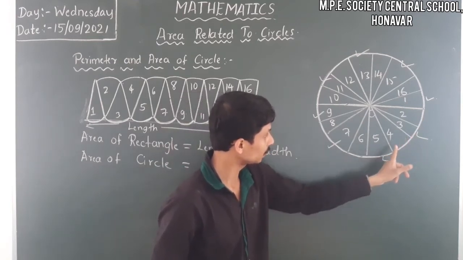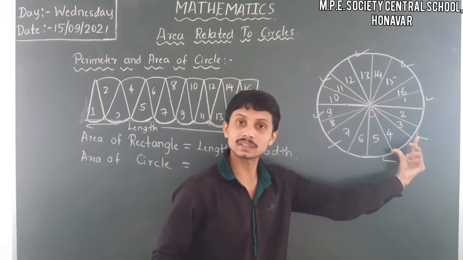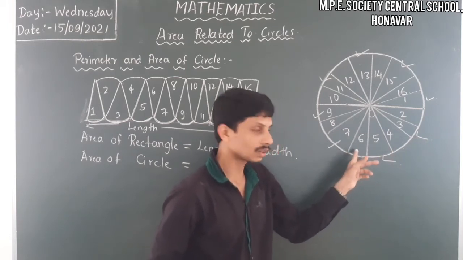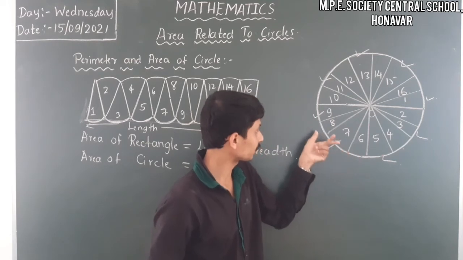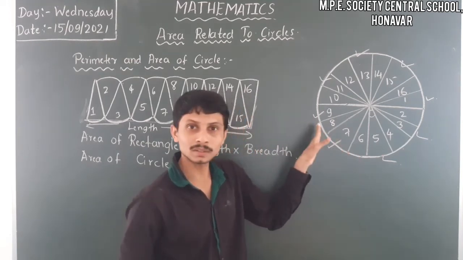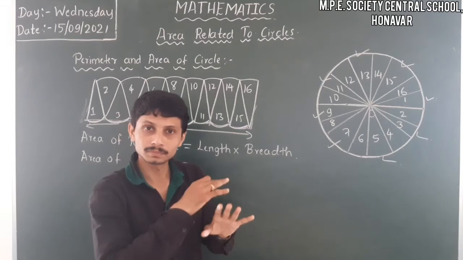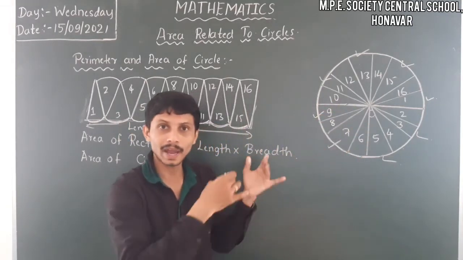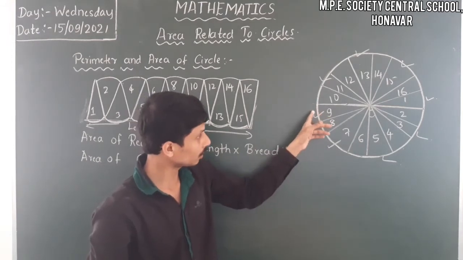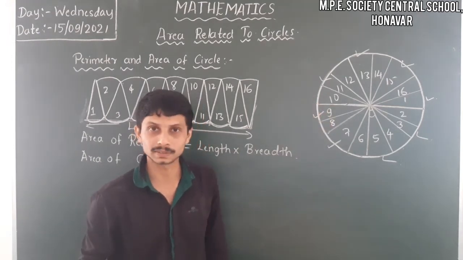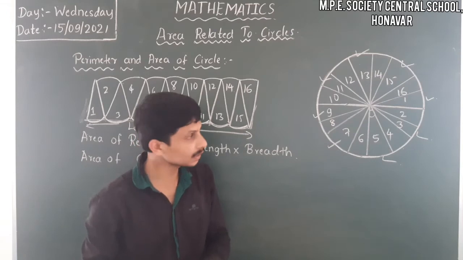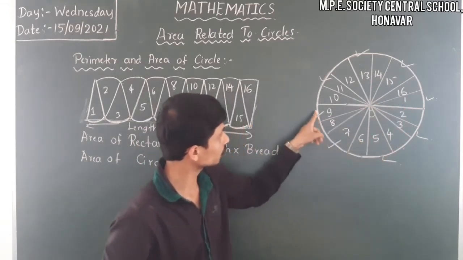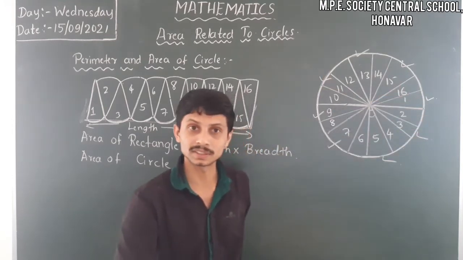That is, one after the other we considered. Just observe, after 3 we leave the 4 and then we took 5, and then we did not take the 6 and then we have 7. So by leaving one, we are taking another. When you add all those parts, you have half of the circumference. In another way, we can arrange all the odd numbers on one side and all the even numbers on the other side.